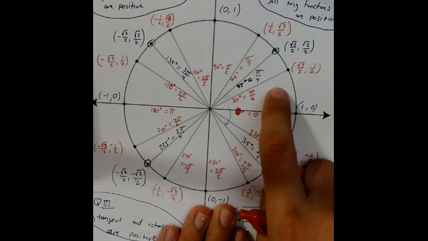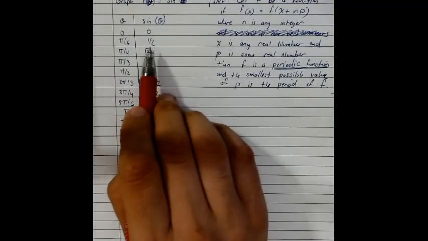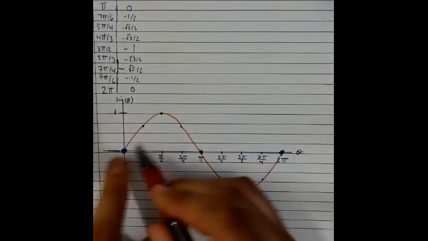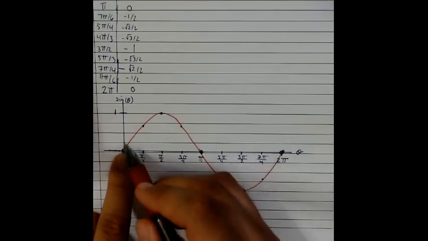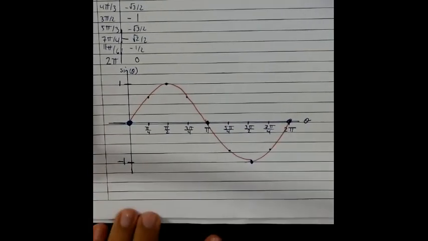And 13 pi over 6 also has a sine, which is, well, it's going to turn out to be 1/2. This doesn't mean we're done. It just means that once we reach this, we're about to start over again. So if you were to zoom out and graph this